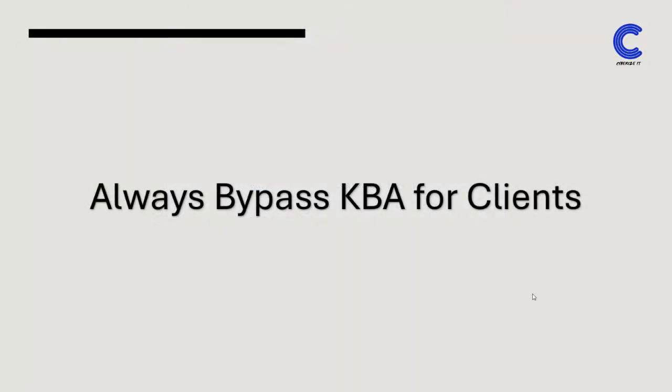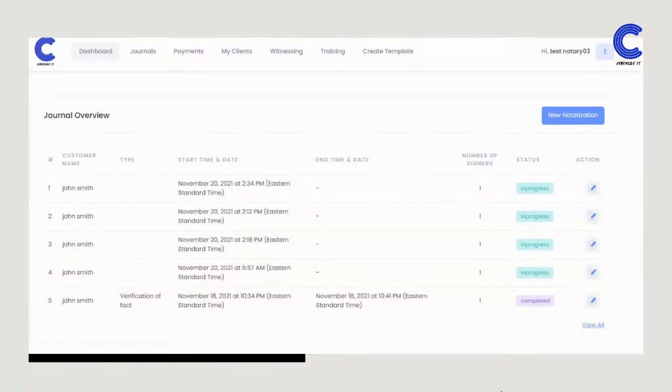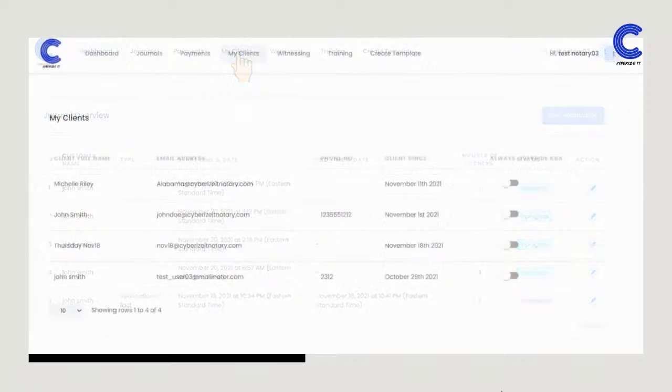One of the best features that we're rolling out, in my opinion, is the always bypass for KBA. Keep in mind you should only do this when you're legally allowed to do so. From your dashboard, simply click on My Clients. You'll see a new area saying Always Override KBA. When you click that toggle to positive,